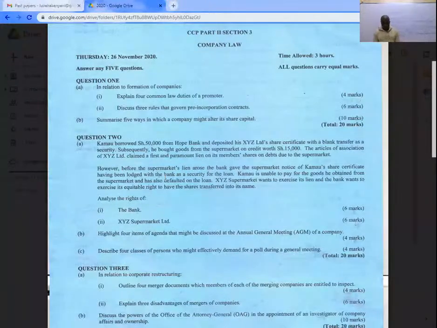Full stop, then you just say, even though the company can exercise these rights of lien, it won't be given priority over the equitable rights,